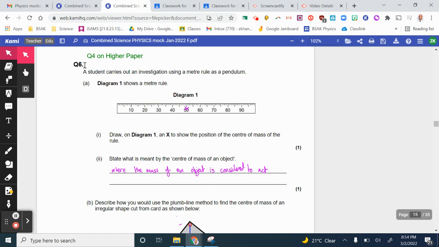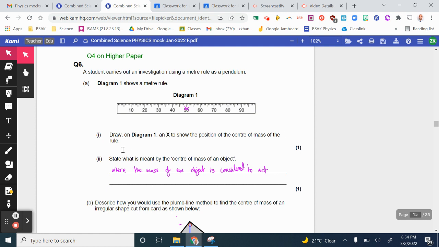Okay, so this is question 6 on the foundation paper and question 4 on the high paper. So we have a ruler and it is a meter rule starting off on 0 all the way up to 100. And it says draw on the diagram an X to show the position of the center of mass of the